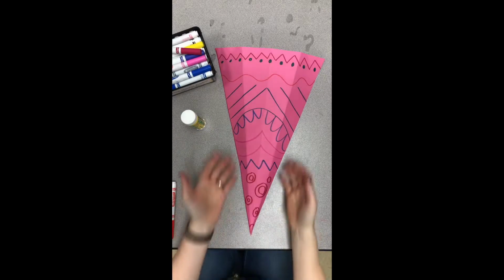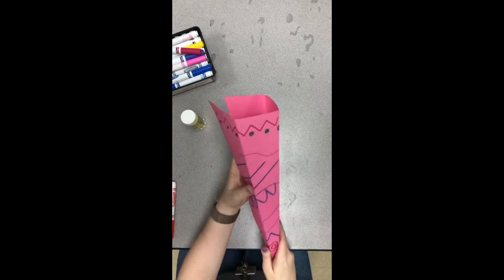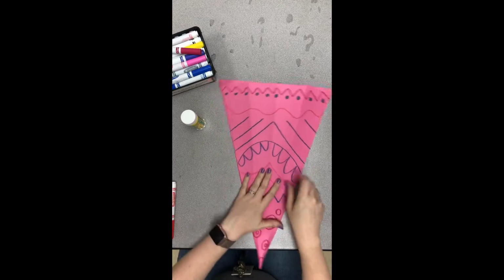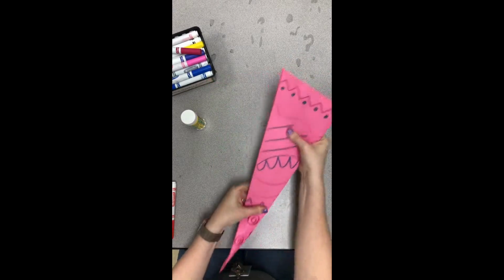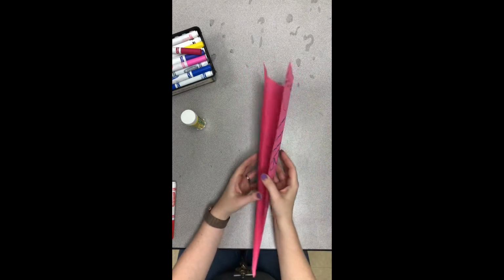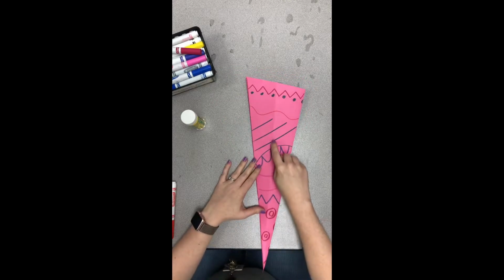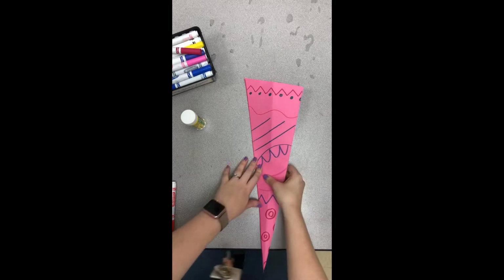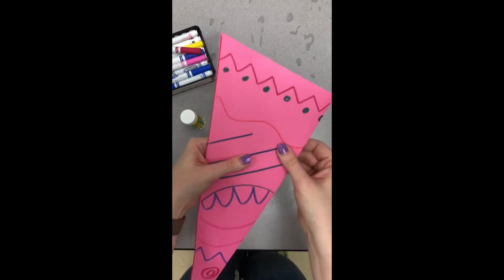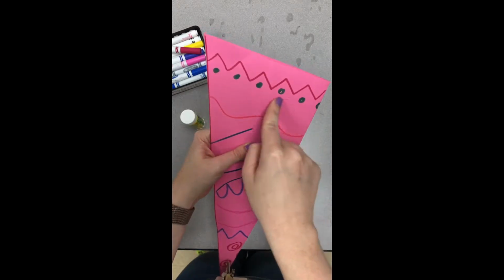Okay, once I put those folds into your paper, you can kind of see this will turn into your lizard's body. Not quite ready yet. There's a few more things we have to do. So now what I'm gonna do is I'm gonna fold it so that it's directly in half, okay? So it's folded in half. And you can see my fold line from earlier. So what I'm going to do is cut on the folded part all the way to the line